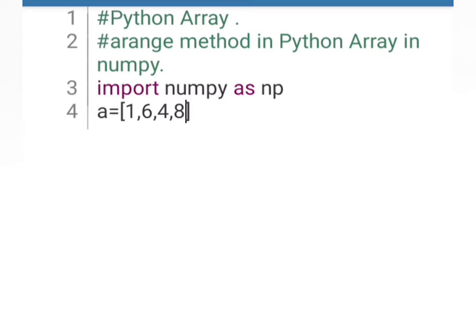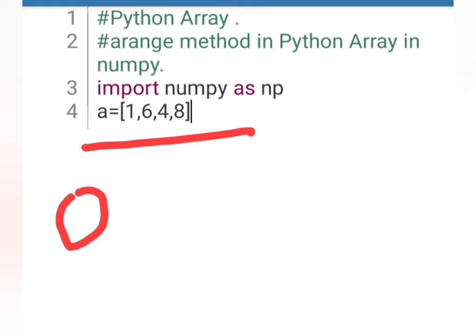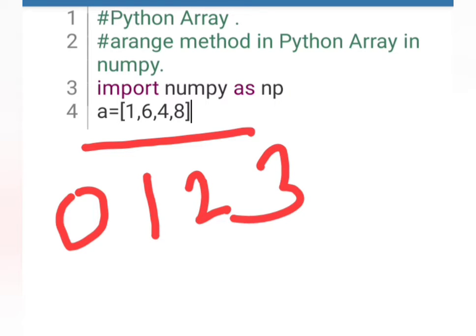So these are the elements of our array. As you can see on your screens, all these elements are already given; we have mentioned that these 4 elements will be there. The first index is 0, then 1, then 2 and then 3, so the index range is 0 to 3.